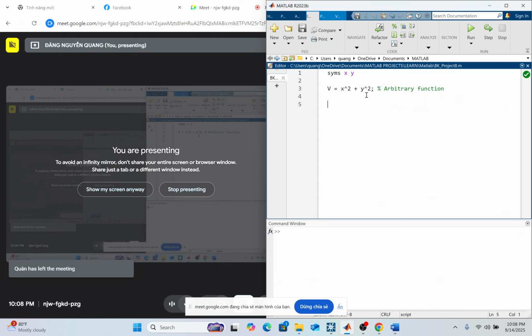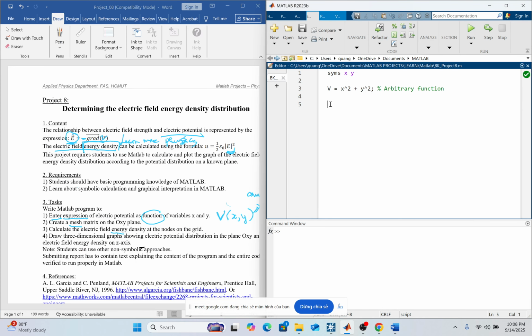So how to do the mesh? I said that if we want to draw something, we will have to discretize our space, right? So we will first have to declare a set of x values. Instead of calculating the v value for every x position, I will just calculate it at x equals 0.1, 0.2, 0.3, 0.4, right? I will have to discretize the x-axis first, and the command for that is linspace.